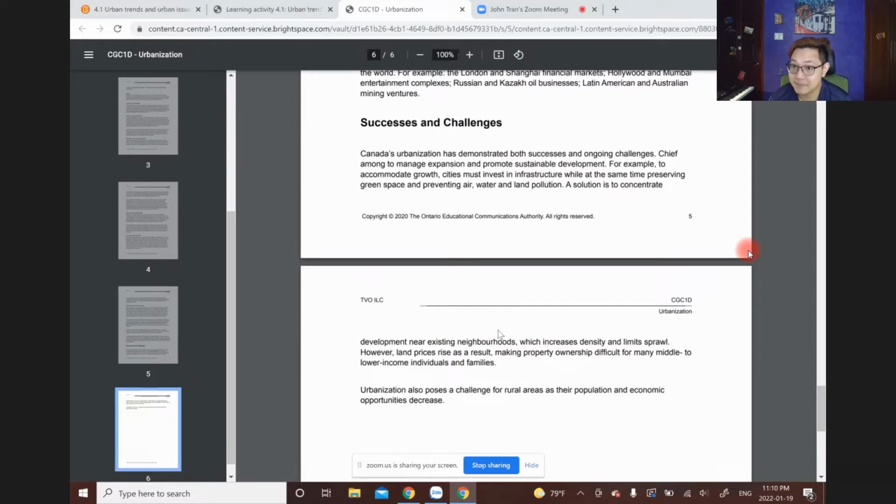So if urban sprawl happens, you might have people living right next to a factory, and they have to inhale that smoke and that pollution. You don't want it, because it was not well planned. So urban planning is important. You don't want urban sprawl. You need to plan everything carefully in order to develop the city in the right way.